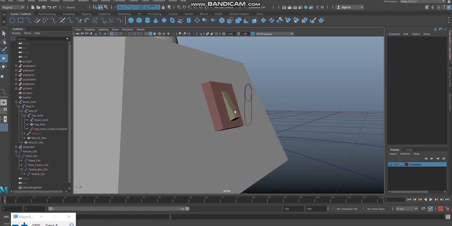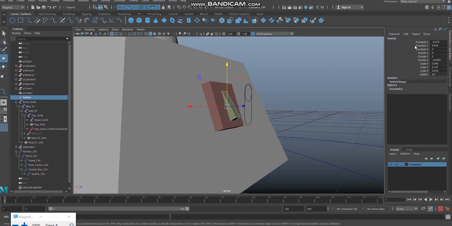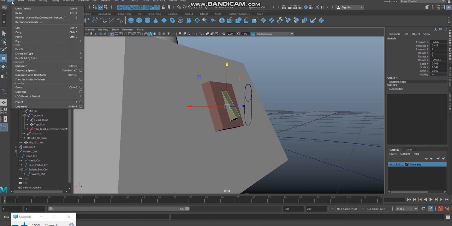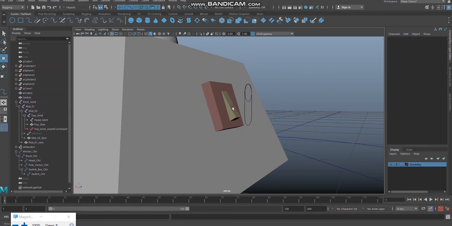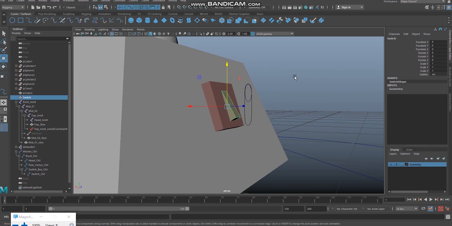Here for our switch, the global values are not clear. It also has some geometry input. So I'm going to go to edit, delete by type, history, delete the history, then modify, freeze transformation. So both the objects are clear.